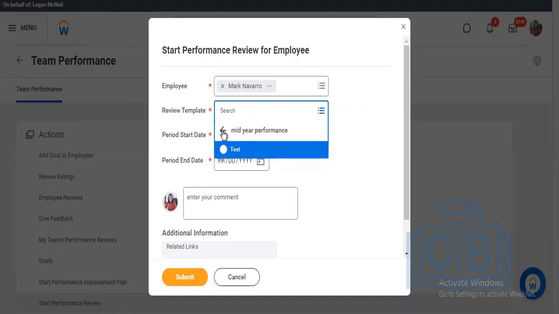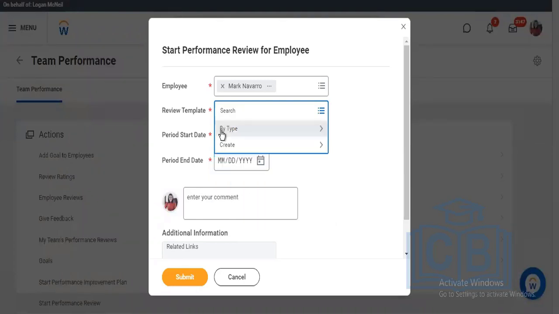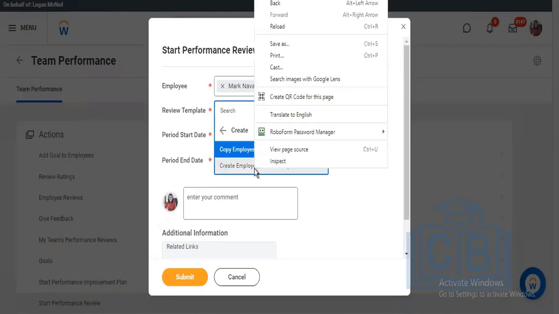So see here, we are defining, for example, an option of media performance review, annual performance review. We can create this review template as well, if there is any additional one that we want. If you want to create any other review template from whatever existing ones we have, we can create it from here. We have an option of create employee